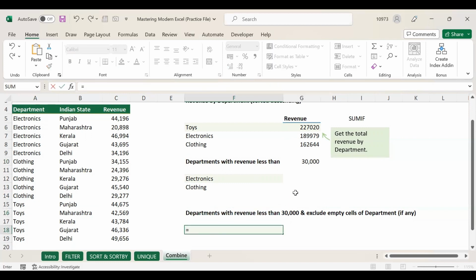So again, I will use the filter formula only. In place of array, I will select the department, and here in the place of include, instead of selecting the revenue, first I will open the bracket because we have two criteria here. We have and here. So I will open the bracket. Then I will select the revenue and use the less than symbol and use the revenue number, that is 30,000,